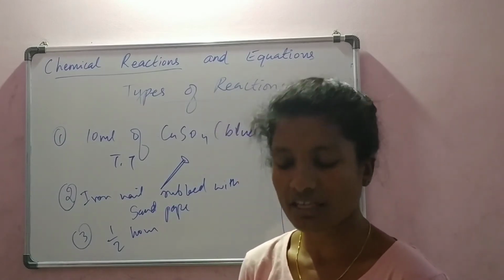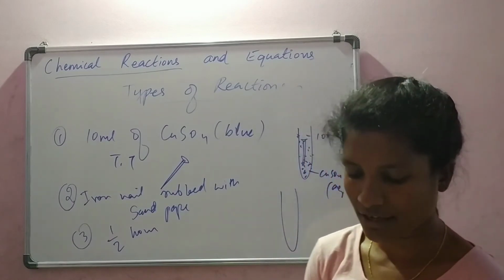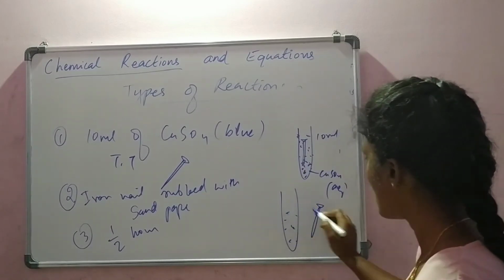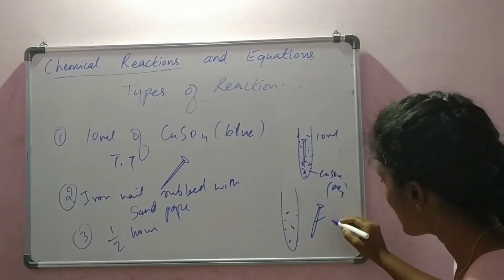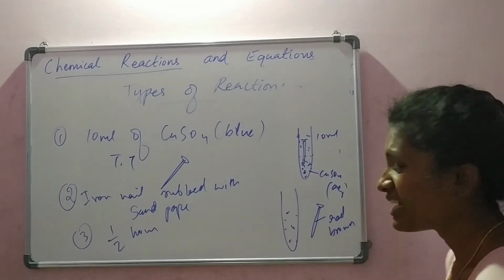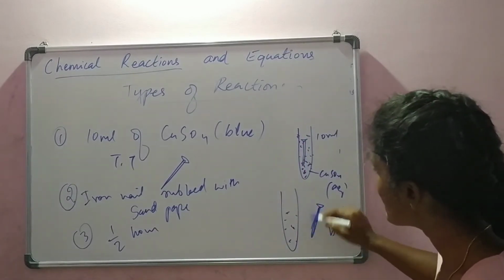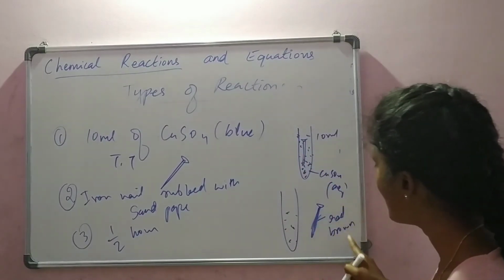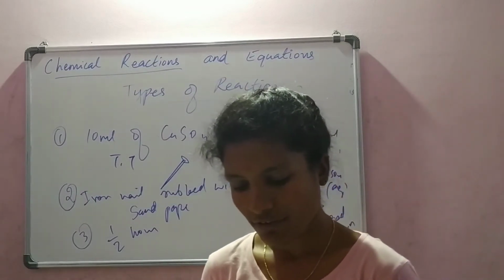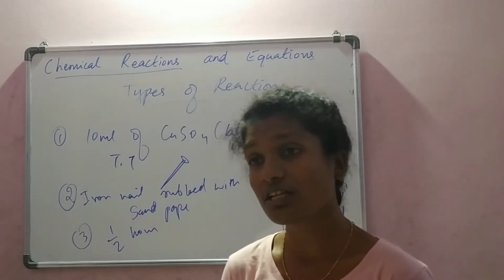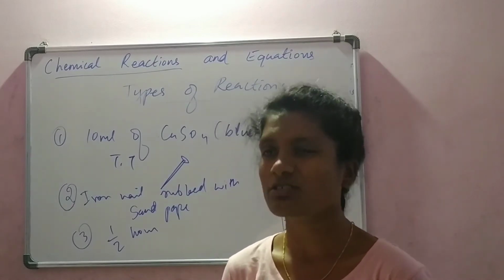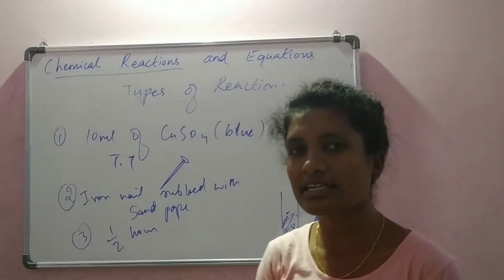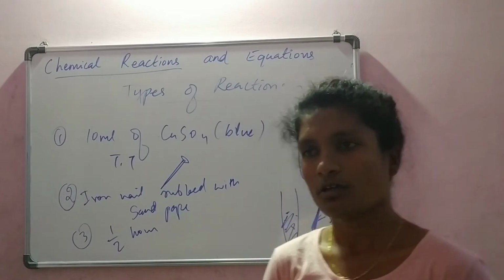We will find that the iron nail is covered with a red-brown layer of copper metal. We take out that iron nail, which is covered with reddish brown metal. Earlier, let us say this was blackish in color because iron nails are blackish, right? Now it is reddish brown. Why is it? If we look at the test tube, we find that the original blue color of the copper sulfate solution is faded. This was bluish in color. Now it is faded, it has become dull. The color has got dim.